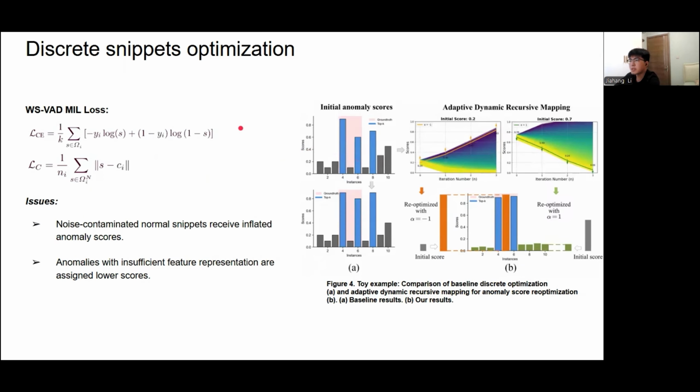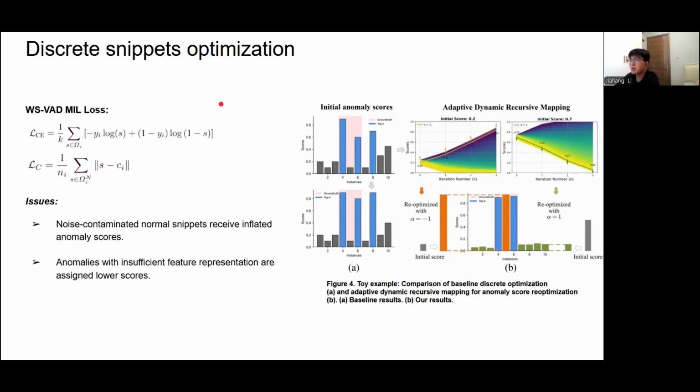The first challenge relates to weakly supervised learning. In fact, weakly supervised VAD can be viewed as a multiple instance learning problem. This is because during training, an abnormal video contains both normal and abnormal snippets. Sometimes even within the abnormal snippets, there may be both normal and abnormal events, since multiple people in the same frame may be doing different things. This complexity makes the problem even more challenging.